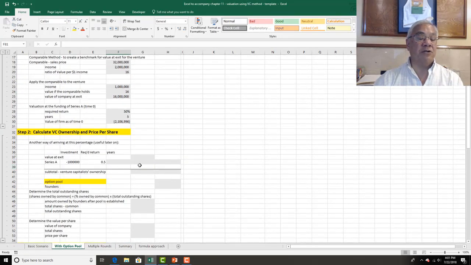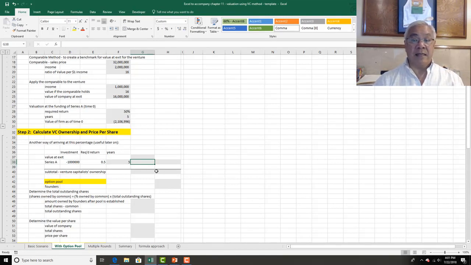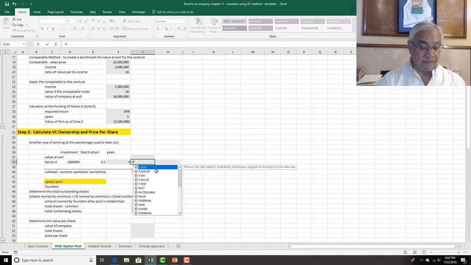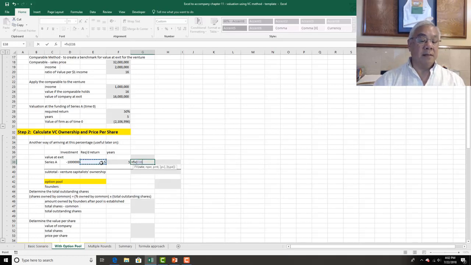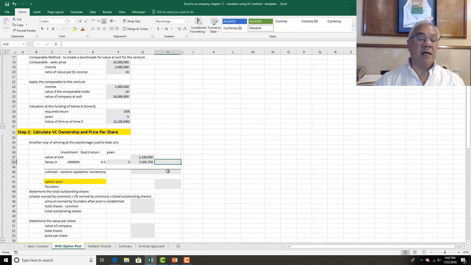So next, what is the VC ownership? This is going to be a little bit different, not horribly. So they still put in $1 million. They still want 0.5, 5 years. So the valuation, or the amount that they need at future value, is FV, open parens, the rate, comma, the time period, comma, the payment of 0, comma, the PV of $1 million invested, which means $7 million. So if the valuation is $2.1 million, then what they would get is